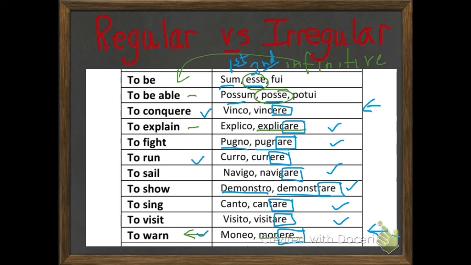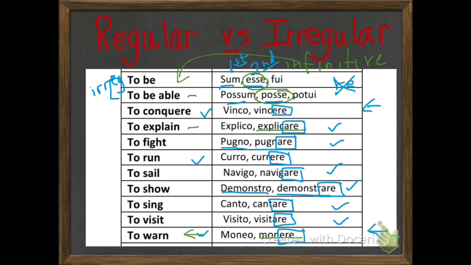Notice that when we look at to be and to be able, there is not an re. It's not there. And I don't see the vowel a or e, or even i, in front of it. That means that sum, esse, and possum, posse are irregular verbs,